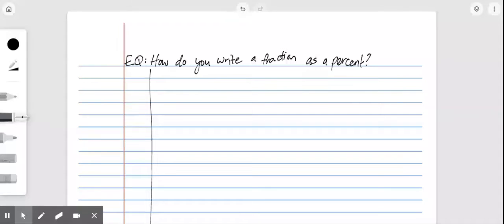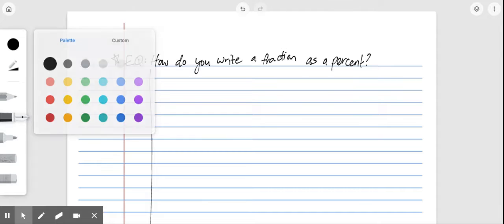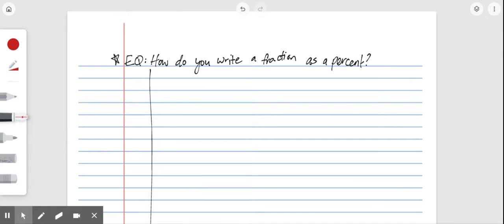All right, beautiful people. Today we're talking about writing fractions as percents. Our essential question is, how do you write a fraction as a percent? In order to write a fraction as a percent, we need to remember from yesterday, recall,